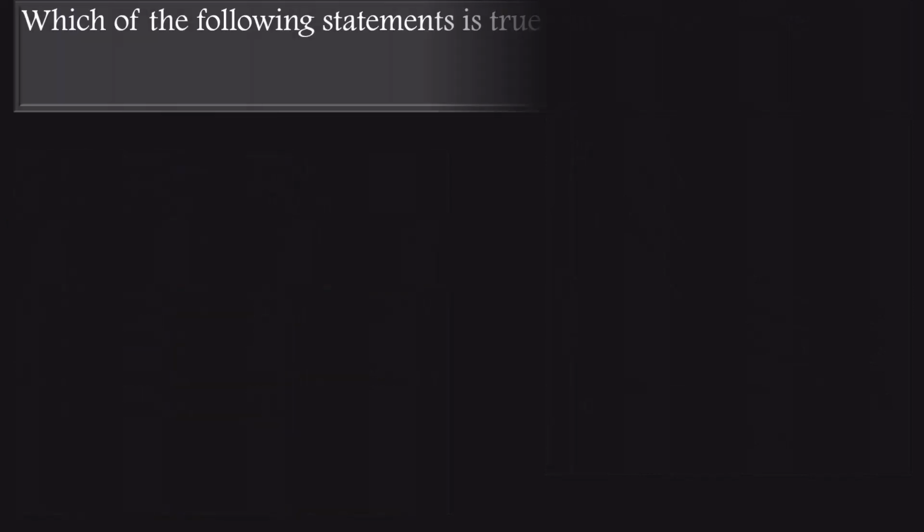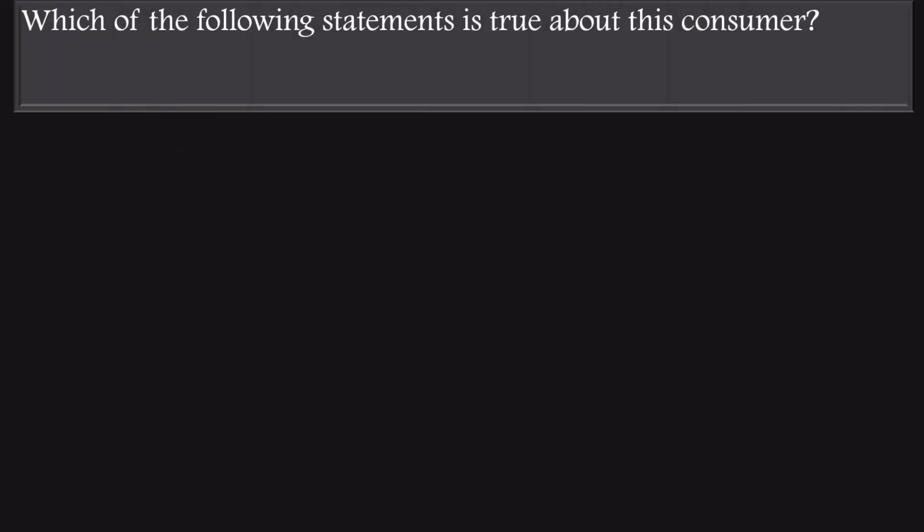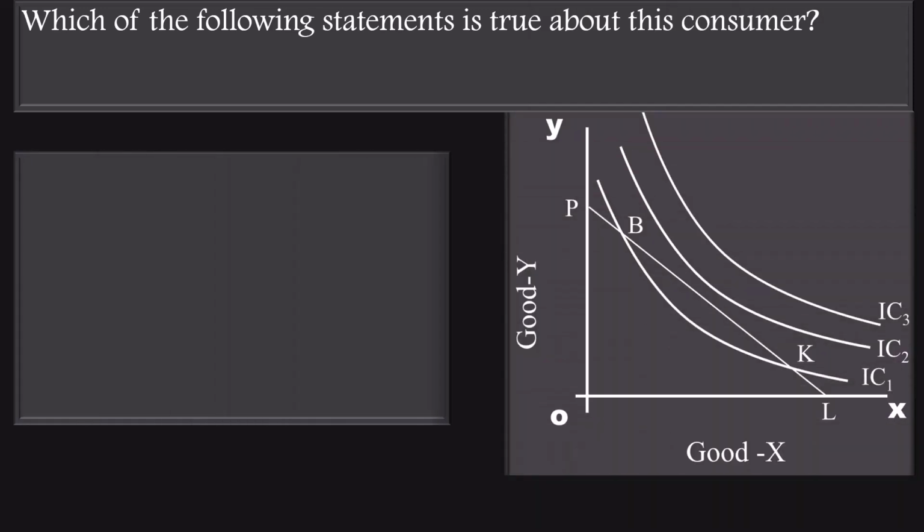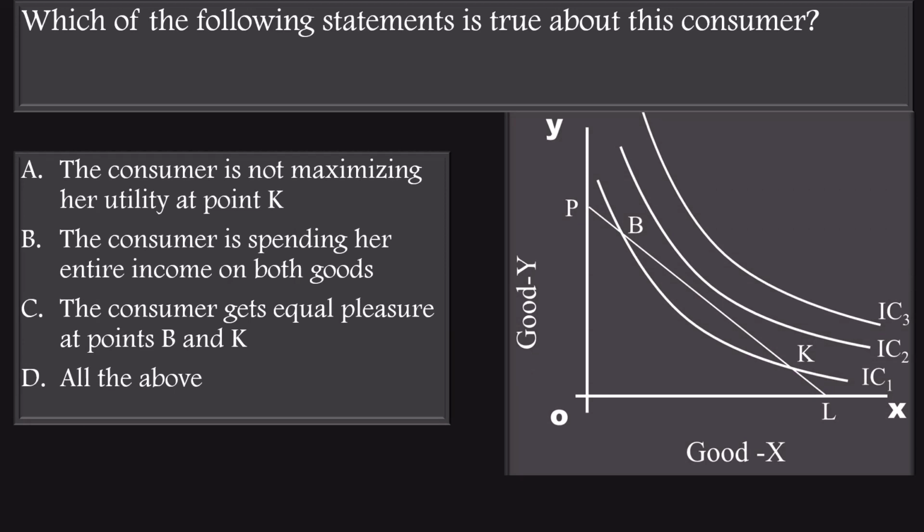Sixth question. Which of the following statements is true about this consumer? Options: A. The consumer is not maximizing her utility at point K. B. The consumer is spending her entire income on both goods. C. The consumer gets equal pleasure at points B and K. D. All the above. At K, consumer cannot maximize his utility because the slopes of the price line and the